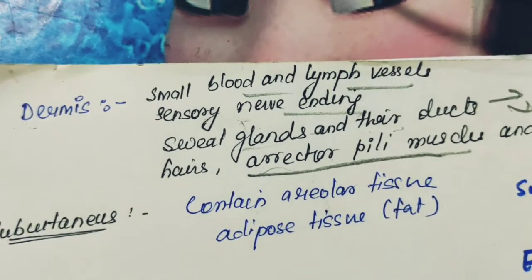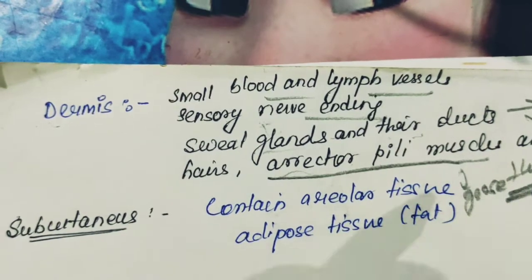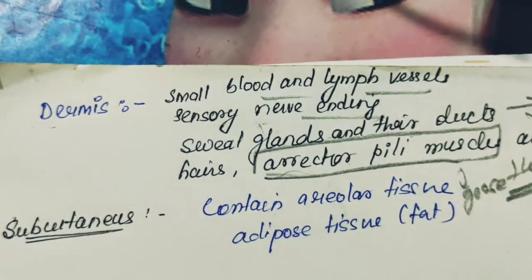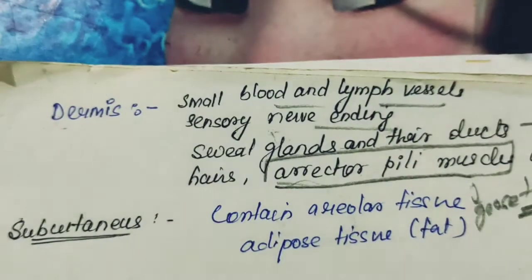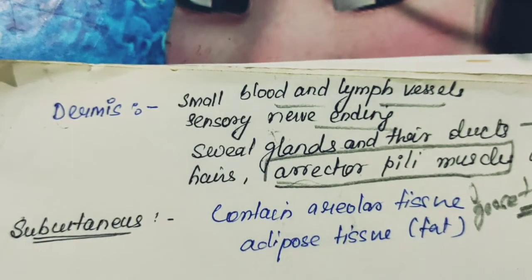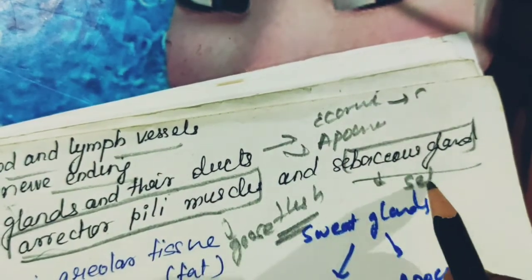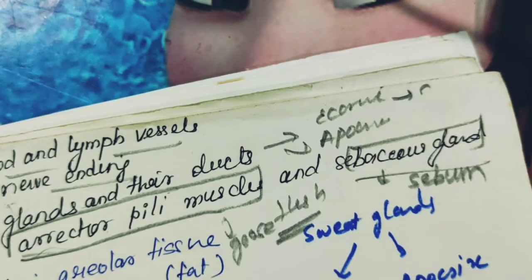So what does erector pili do? Erector pili are very small bundles of smooth muscle fiber that attach to the hair follicles. You have heard about goose flesh, meaning the hair standing up. The muscle responsible for that is the erector pili. Next is the sebaceous gland. It is derived from the same tissue as the hair follicles and secretes the antimicrobial substance sebum into the hair follicles. So sebaceous glands produce sebum, which is important. These are the things that the dermis contains, and last is our subcutaneous layer.